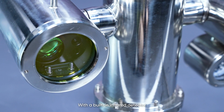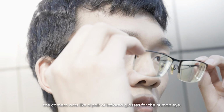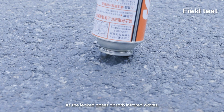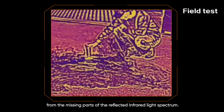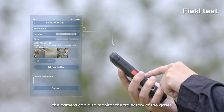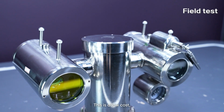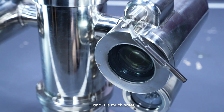With a built-in infrared detector in the 3.0 to 3.5 micrometer wavelength range, the camera acts like a pair of infrared glasses for the human eye. As the leaked gases absorb infrared waves, we can clearly see their spatial distribution from the missing parts of the reflected infrared light spectrum. Enhanced with intelligent algorithms, the camera can also monitor the trajectory of the gases and provide automated, intelligent alarms. This is a low-cost, efficient, and practical method of detection, and it is much safer, especially when